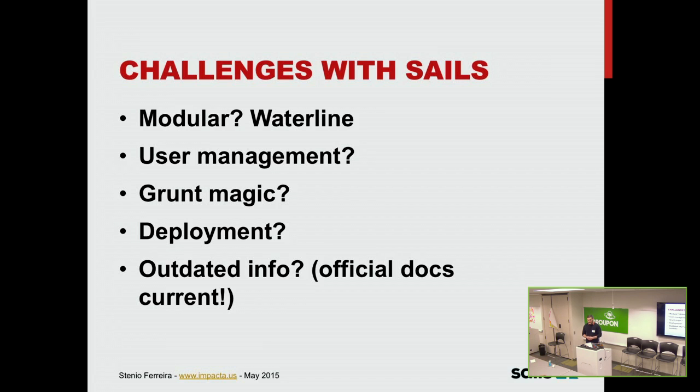Grunt magic. If you're not familiar with Grunt, in the beginning you might struggle a little bit understanding what the hell is going on. Things are just happening. But having said that, everything is easy to see. It's clearly listed, and there are a lot of comments. So just go to the Gruntfile, and you're going to see the comments. There are two situations where I struggled with Grunt magic. The first one is